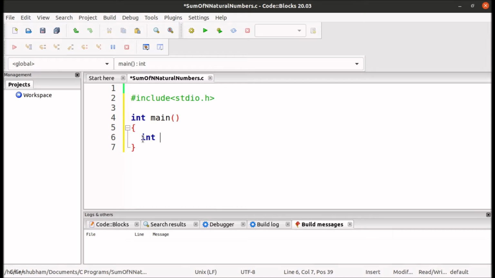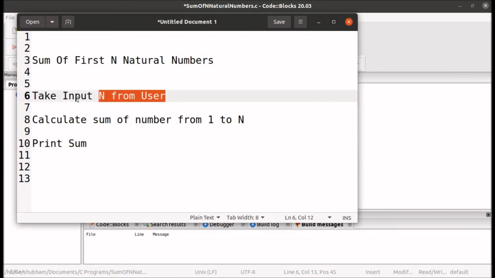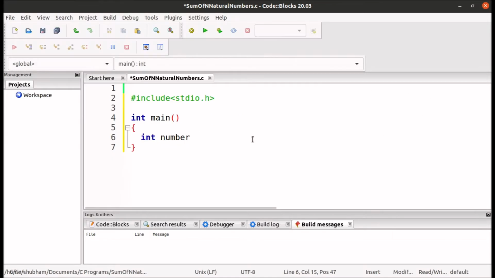Now I will declare a variable so that we can take input from user and store the given input in the variable number, int number.